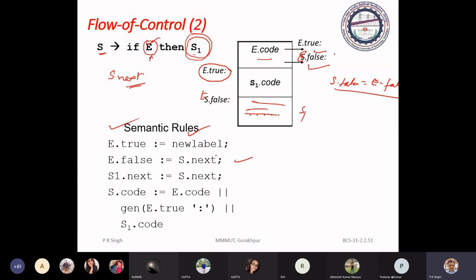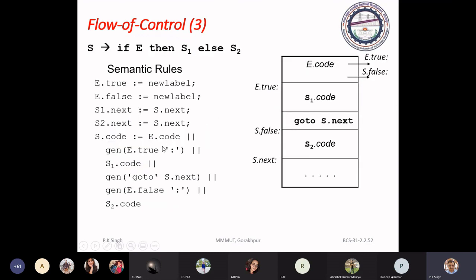Okay. Now E code. Now see another: if E, then S1, else S2.